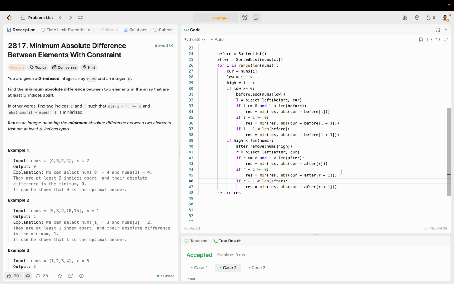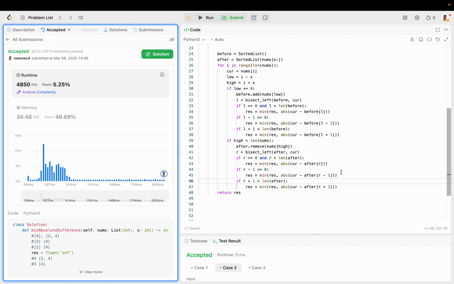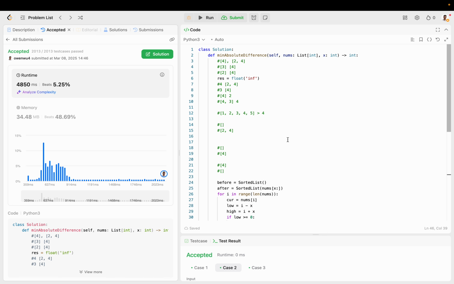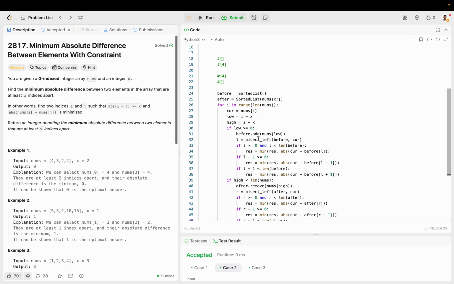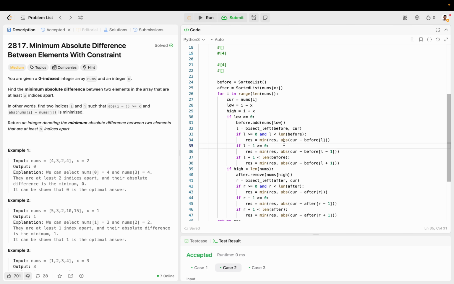And that will hopefully work. There you go. So it gets over time limit exceeded, and it took a lot of work, pretty low acceptance rate. So I'm really happy that I solved this on my own, but it really just takes a lot of tinkering,